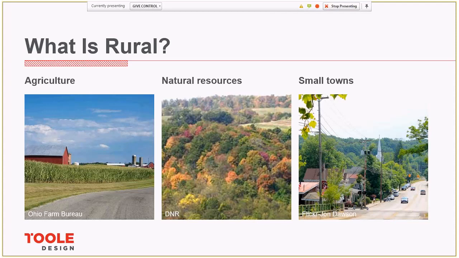In Ohio, there are vast differences between the farmland in the northwest portion of the state and the Appalachian region to the east and south. You also have small towns and rural areas very close to more developed areas. The concerns and goals of these different communities vary a lot, so there's really no one-size-fits-all strategy that encompasses all rural areas.